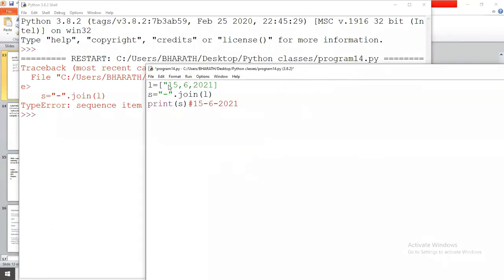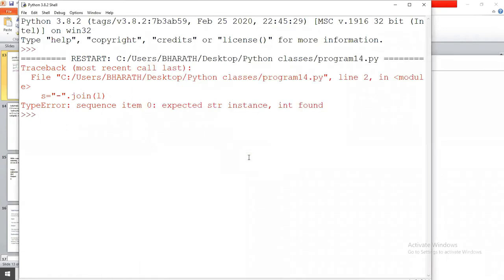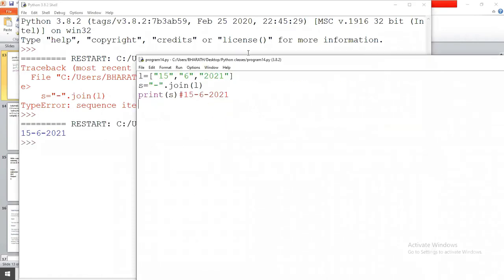So I change these data elements to strings, by using single quotation, double quotation, or three single quotations. Okay, now I execute. See, by using this join method, I join all the data elements in the list with the delimiter hyphen.